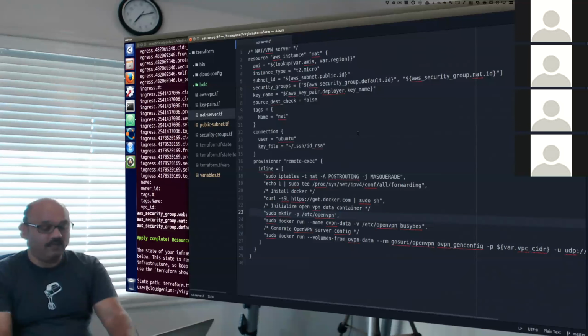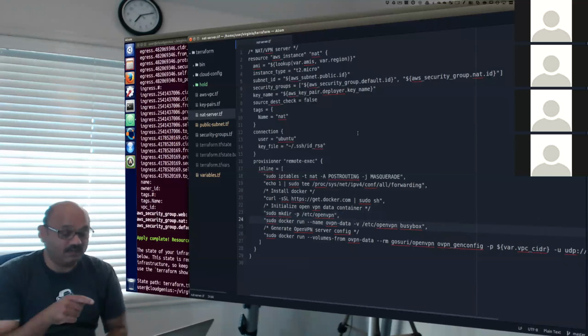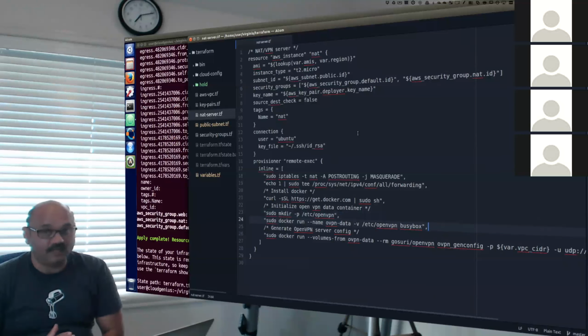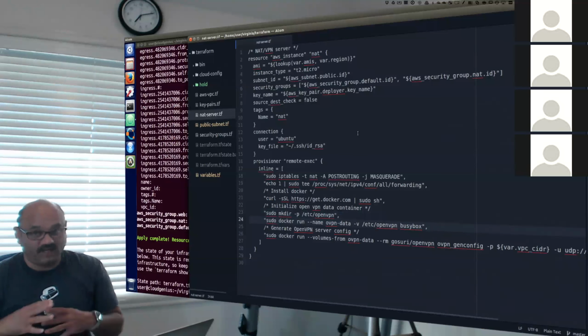Then line number 24, we are starting a Docker container using the OpenVPN image. Docker run, name OpenVPN data. Oh, sorry, this is a data machine. It's not Docker machine. It is to store the VPN data. Line number 24 creates an empty container to store VPN data, our configuration.